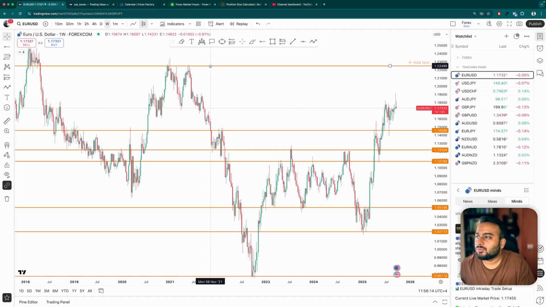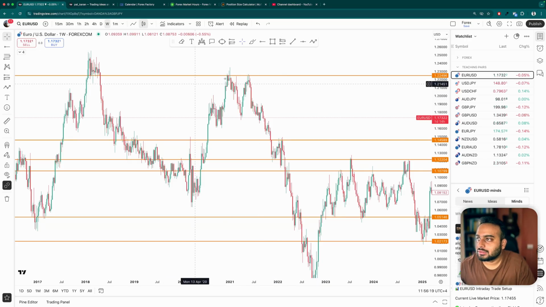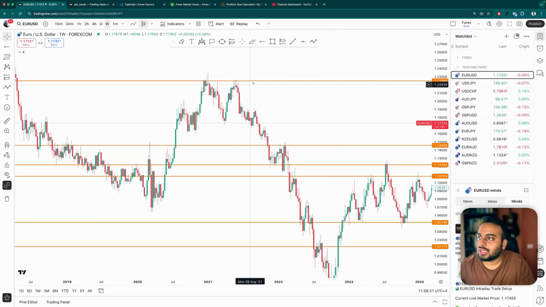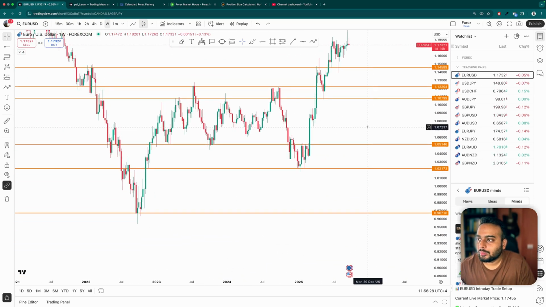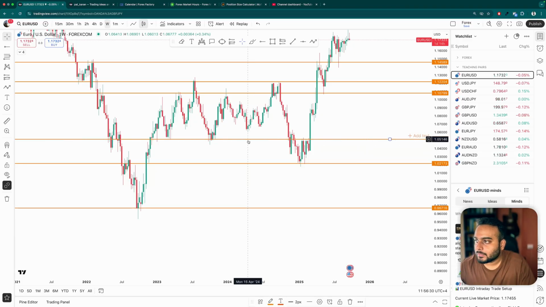Yeah, we are moving these lines to cover as many wicks and bodies, rather than just the highest point, from where we can see a lot of rejections. And also we want multiple touches from it. We have a good